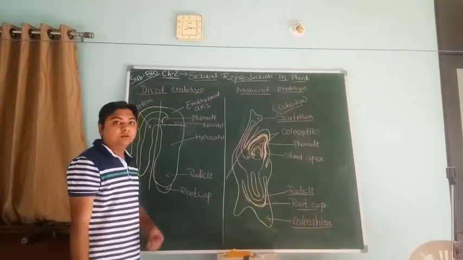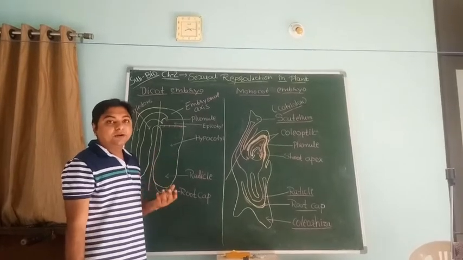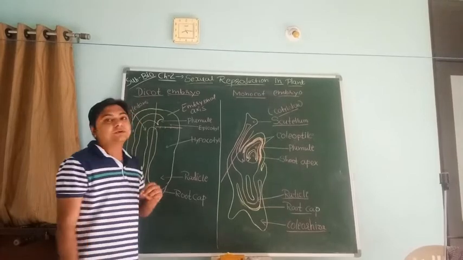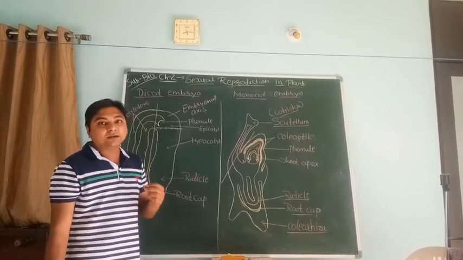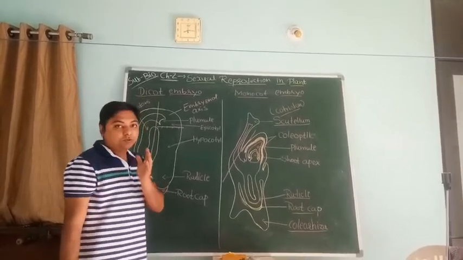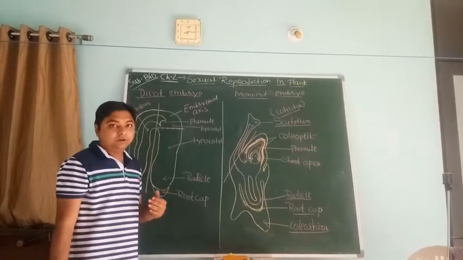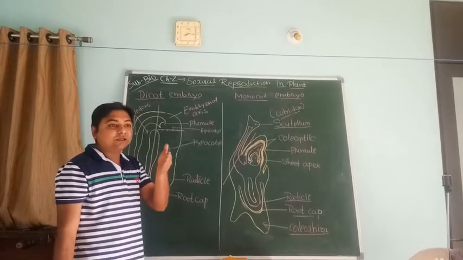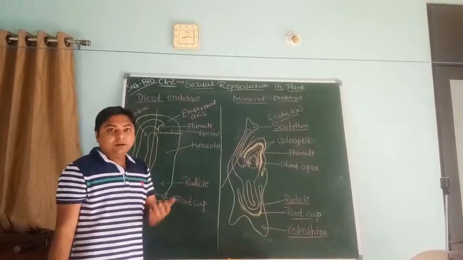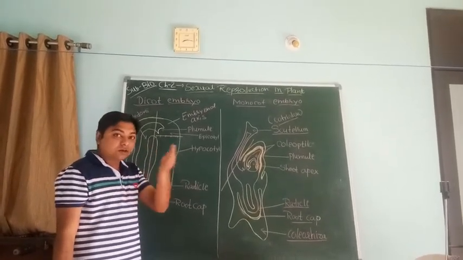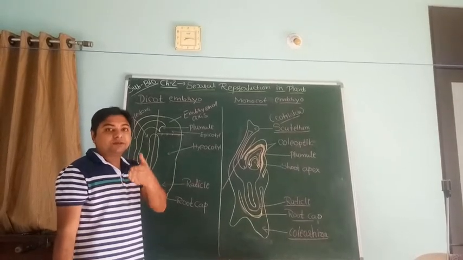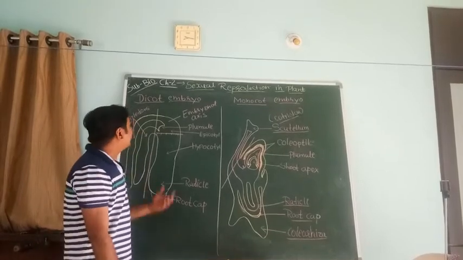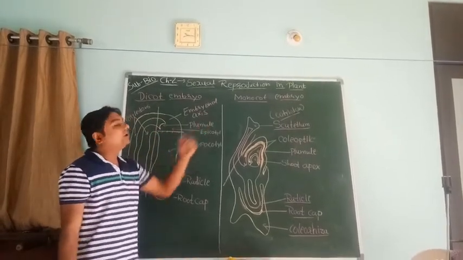Previously we have learned about embryogeny. It means development of the embryo from the zygote. All of you know there are two types of angiospermic plants, dicotyledonous and monocotyledonous plants. Both have different embryos. Some steps of embryogeny of both plants are similar, but afterward it is different, and the structure of both embryos, the dicot embryo and monocot embryo, are different. So today we are going to learn about the structure of the dicot embryo and monocot embryo.